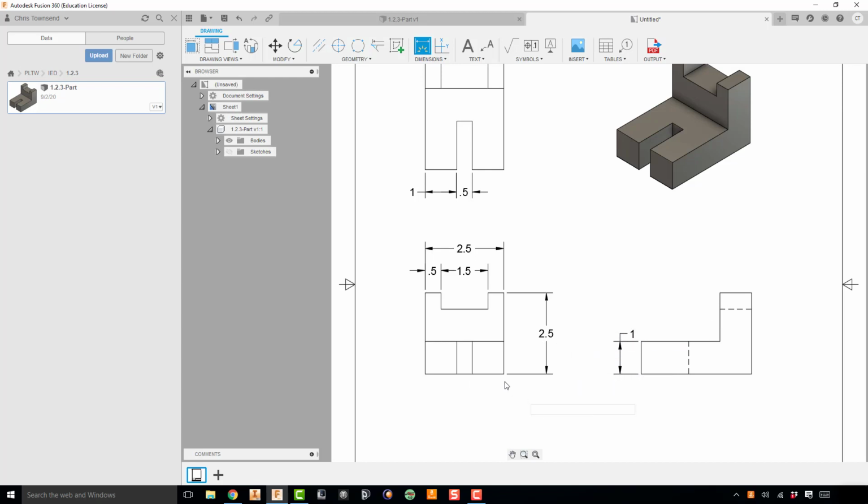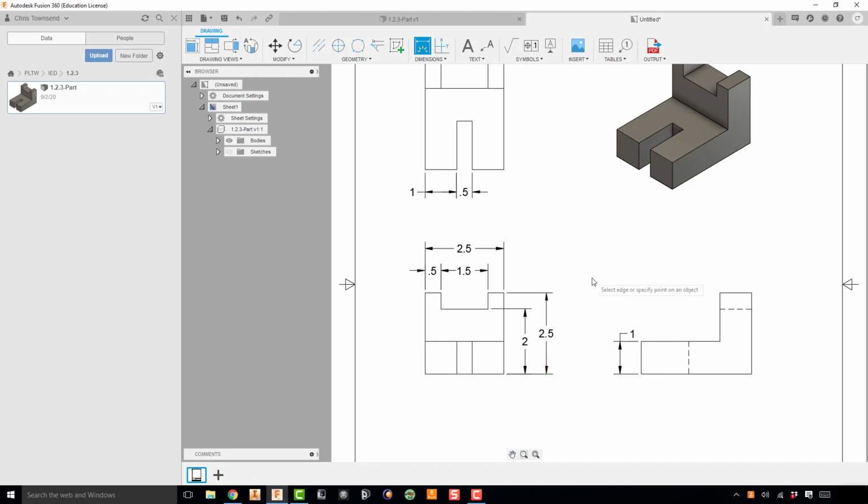And the other dimension that I need is the height of this cutout. So I'm going to go ahead and click on the bottom right hand corner here, and then I'm going to click on this inside corner and drag that dimension out. And notice if you move your cursor around, it'll do it at an angle. We want to make sure we bring our cursor down so it sits perfectly vertical, and I'm going to place